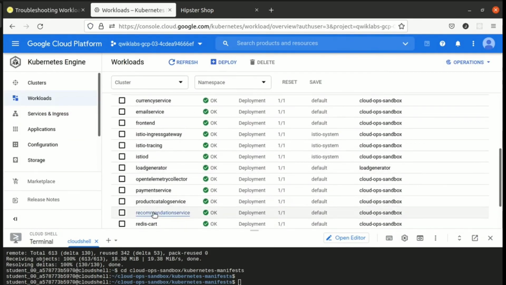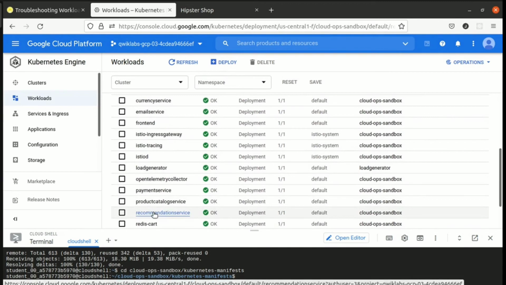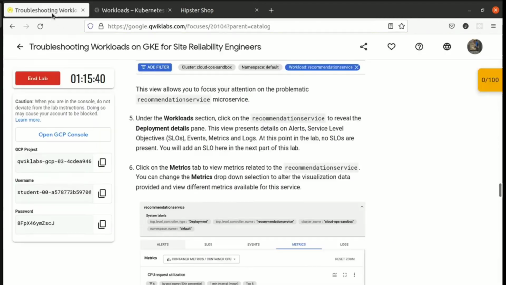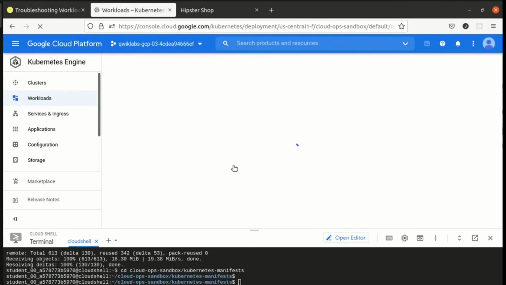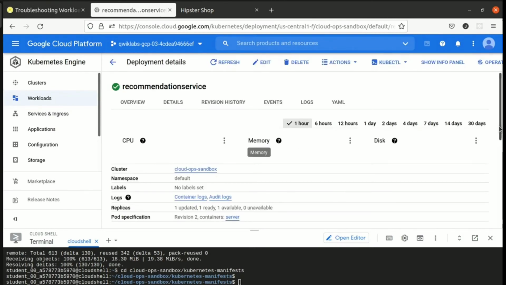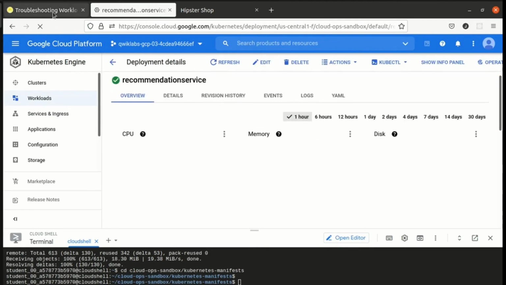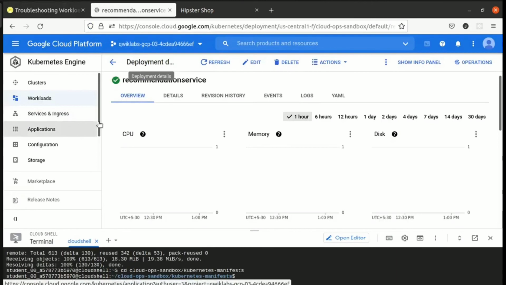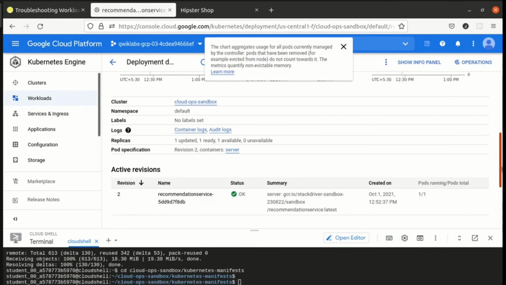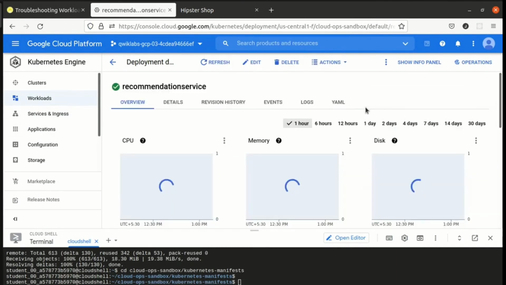I will be redirected to the recommendation service from here. And after that, to reveal the deployment pane, this is the deployment pane which is going to come here, guys. See this? Okay, after that click on the metrics tab to view metrics related to the recommendation service. Okay, we have to click on the metrics tab.